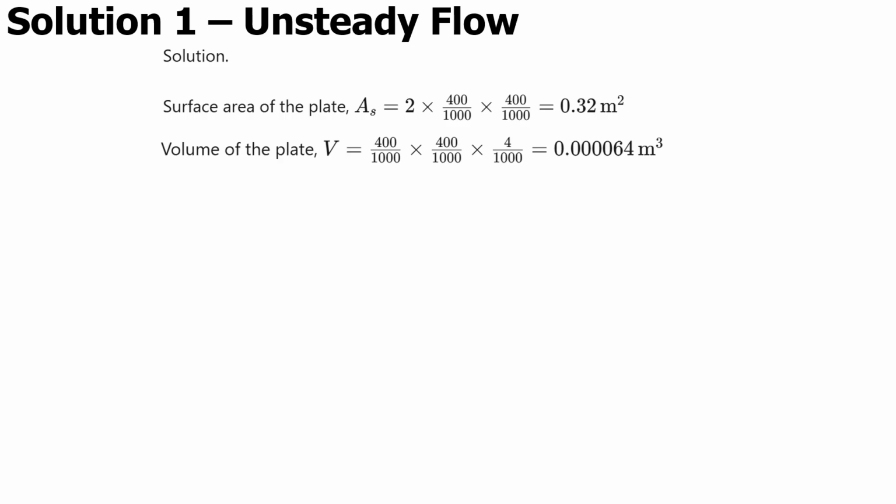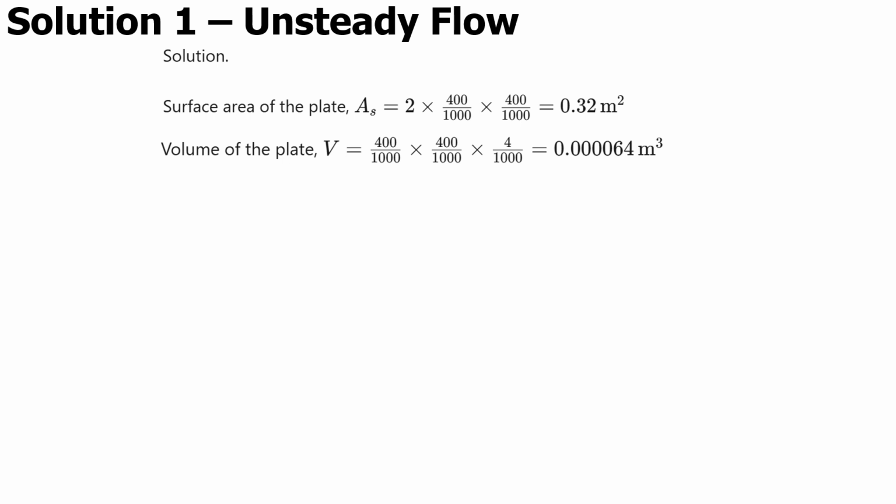Now let's dive into the solution. The first step in solving any heat transfer problem is to identify and calculate the relevant geometric properties. For the aluminium plate, we need its surface area and volume. The surface area AS is calculated as 2 times the area of one face, giving us 0.32 meter squared. The volume is simply the product of its dimensions, resulting in